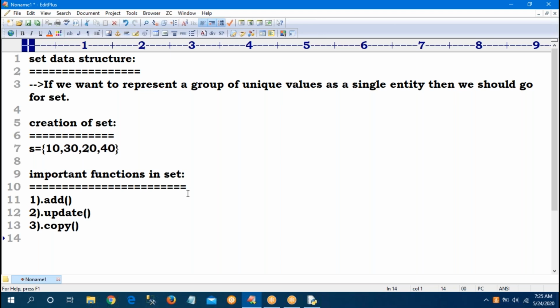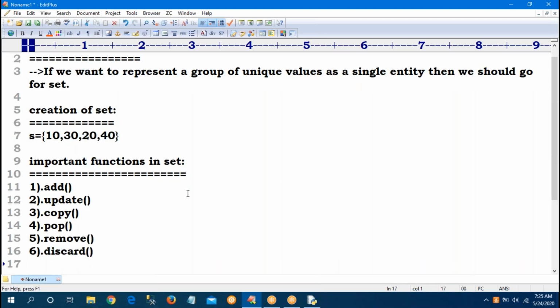Copy means cloning, a copy will be created. If I want to remove data from the set, one more function is pop. Almost all list, tuple and set functions are common. One more function is discard. If I want to delete all the values, then I can go for clear. So these are all the functions.